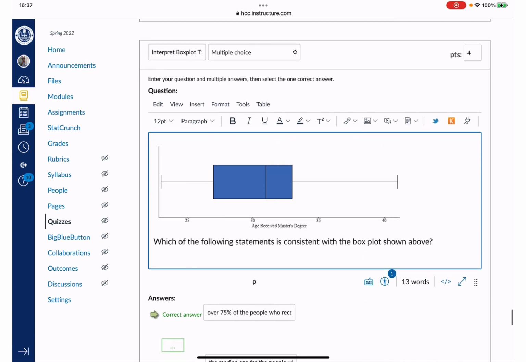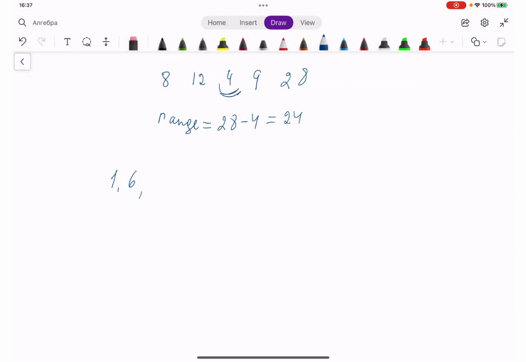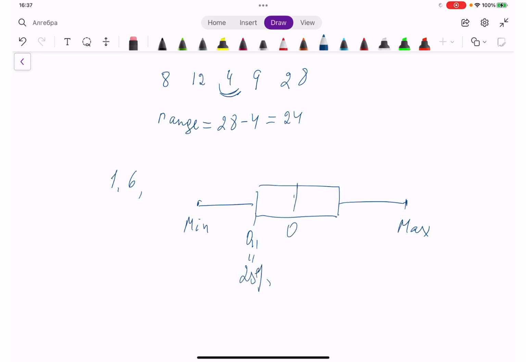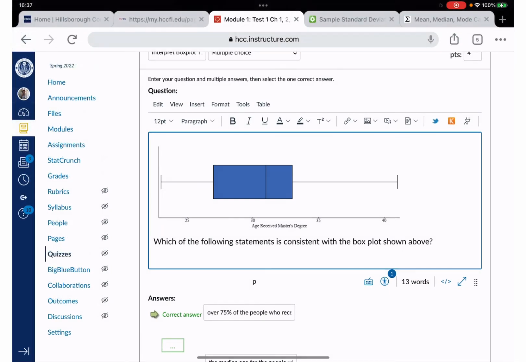Okay, and here is the box plot itself. So let me just remind you one more time real quick. This is minimum, this is maximum, this is quartile 1, which equals 25%. This is quartile 2, which is the median, it's 50%. And this is quartile 3, which is 75%. Okay, 1, 2, 3, 4, 5. Okay, now let's move to the next question. What does it say? Which of the following statements is consistent with the box plot shown above? Okay, so